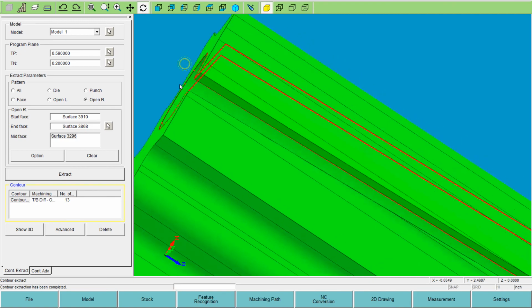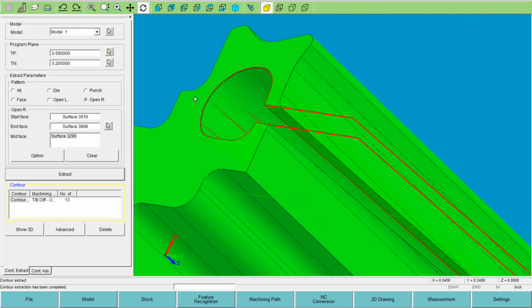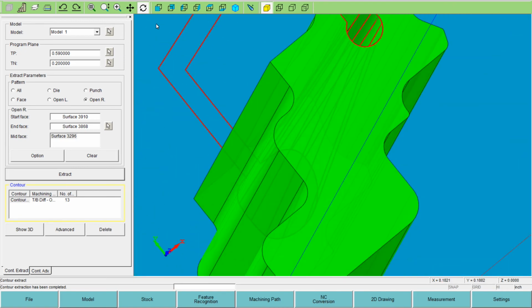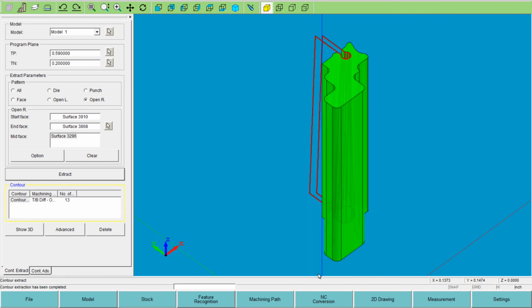Let me rotate a little bit. That keyway, or that slot, I should say. So, okay, that's how you do that. Let's put it back ISO view. Then to continue on,